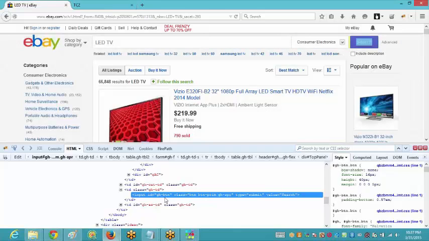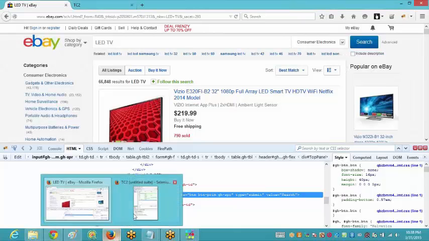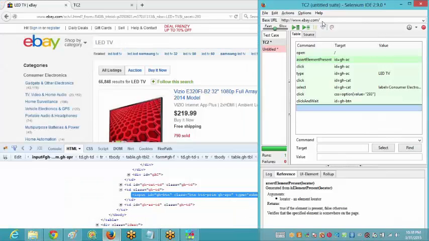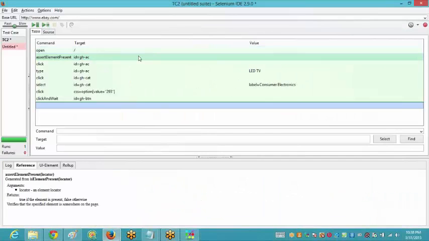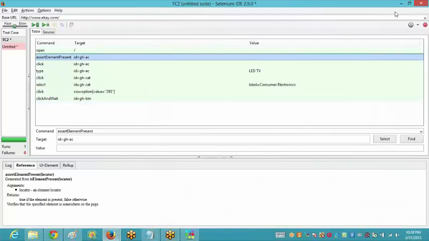Now suppose your script, like you have given id, and over here in your script you have given the id, but your script is still throwing some error because there are certain more elements present which are sharing the same id. Then in that case what you can do is, see over here,